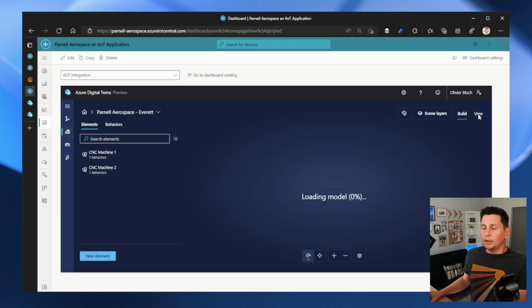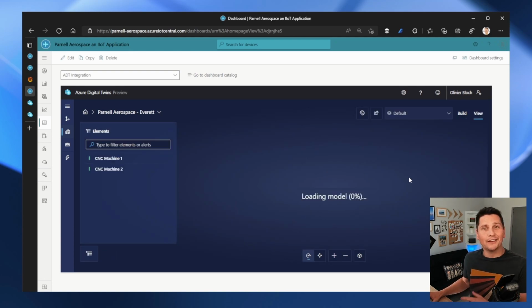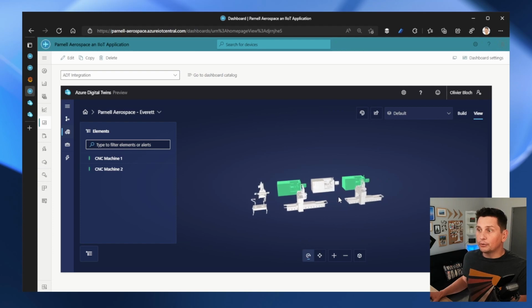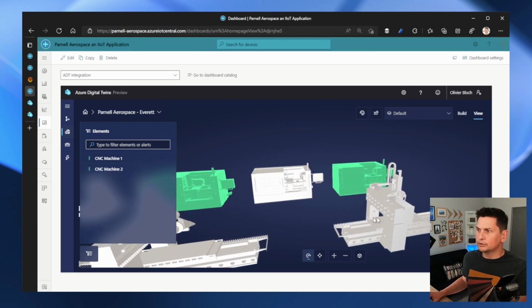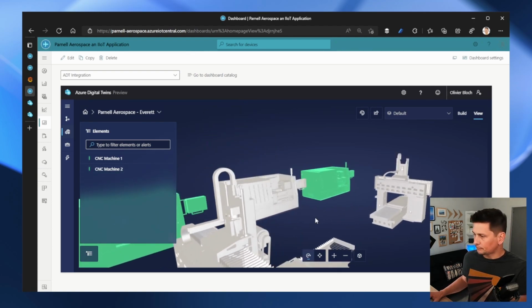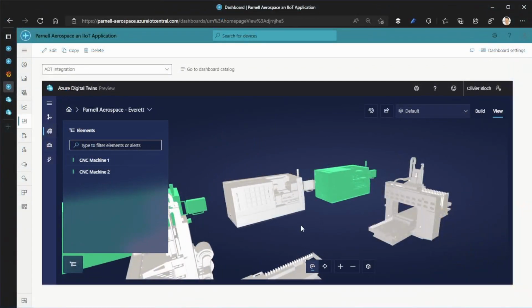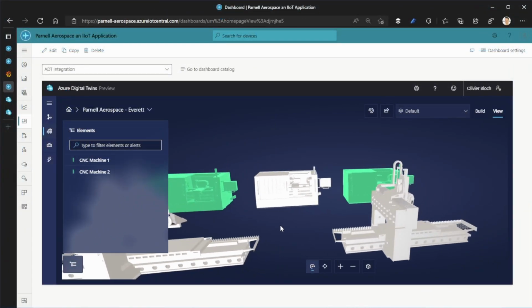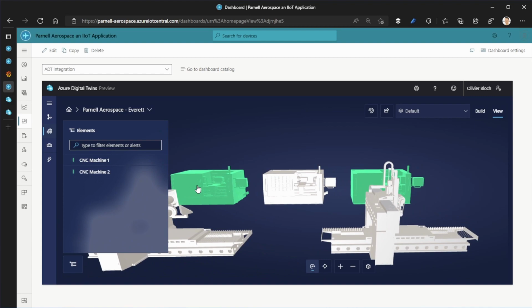And in the tool, I'm going to switch to the view mode for now. The tool here allows you to create the 3D views as well as visualize them. Then you can export them for them to be embedded into a web page, an application, or something else. So here I have a rendering of my CNC machines along with some conveyor belts. And I'm also visualizing some colors here indicating a state of the machine.